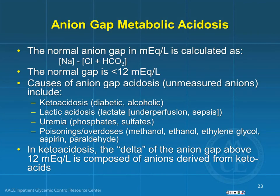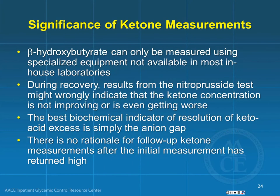So you always keep that in your differential diagnosis when you see a type 1 diabetic presenting with a wide anion gap acidosis. Of course, your top diagnosis for someone with type 1 coming with the wide anion gap acidosis is diabetic ketoacidosis. Now, you should also remember that the acid that is accumulating, the ketones that are accumulating,